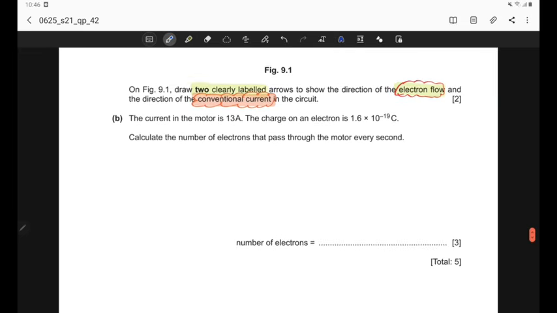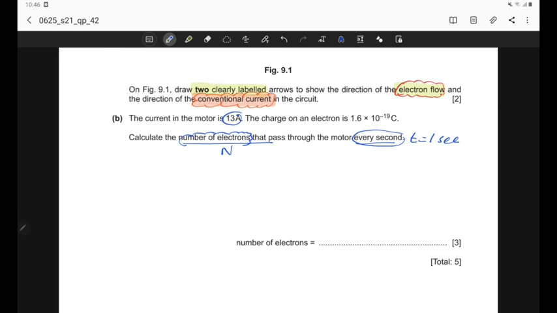Part B. The current in the motor is 13 ampere. The charge on the electron is 1.6 times 10 to the power minus 19 coulomb. Calculate the number of electrons that pass through the motor every second. So every second means the time is 1 second, and in 1 second we need to calculate the number of electrons